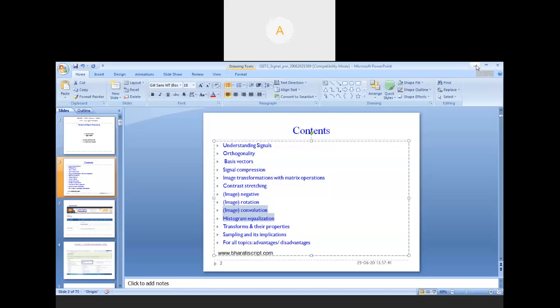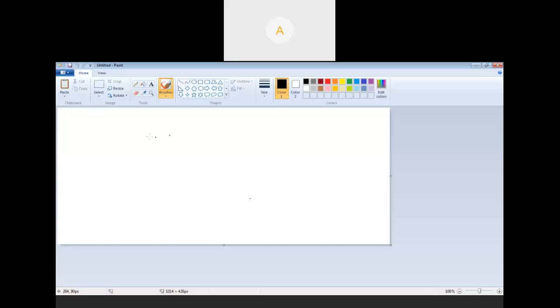Okay, so let me go to the paint file where I can start writing some simple matrix operations. I will be sharing that. The paint file is getting opened, so I will share that particular file now. Just a minute, I am just sharing that. Share the MS Office, Microsoft. One minute, I'm just sharing the paint file. Okay, yeah. So I hope all of you are seeing the paint file.